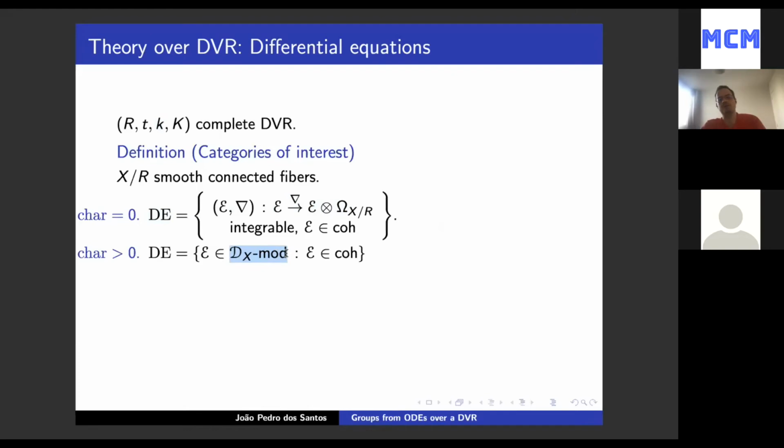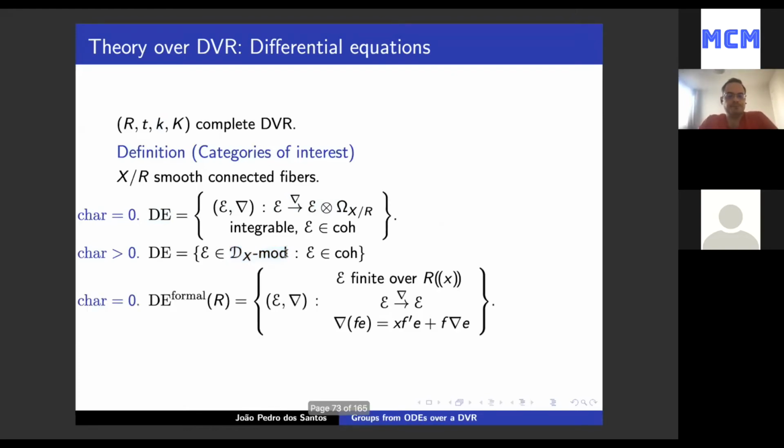This is non-Noetherian, so it's a very big thing, but you can do it as well. And of course, I want the formal version of that also. In case the residue characteristic is 0, I define things in the same way. So instead of finite dimensional vector spaces, I have finite dimensional modules. So these are the differential equations available,